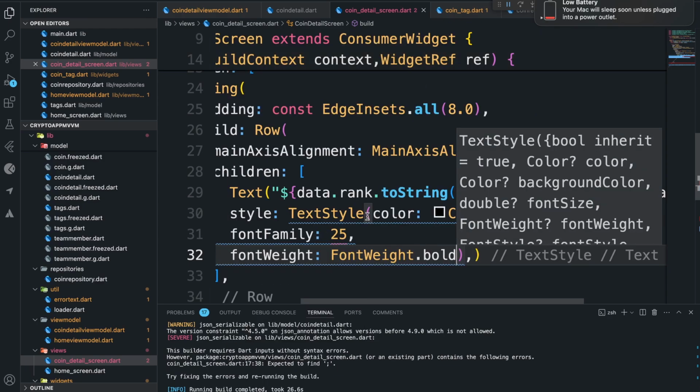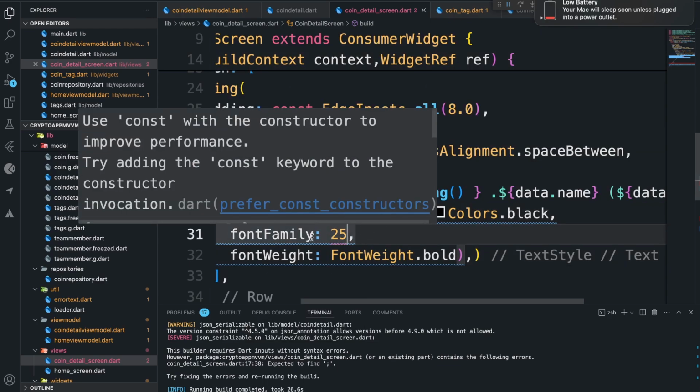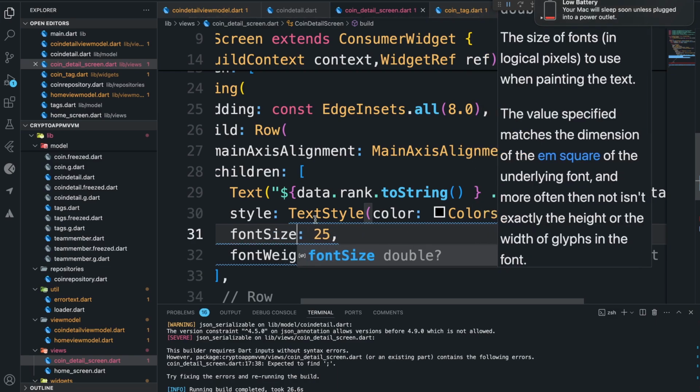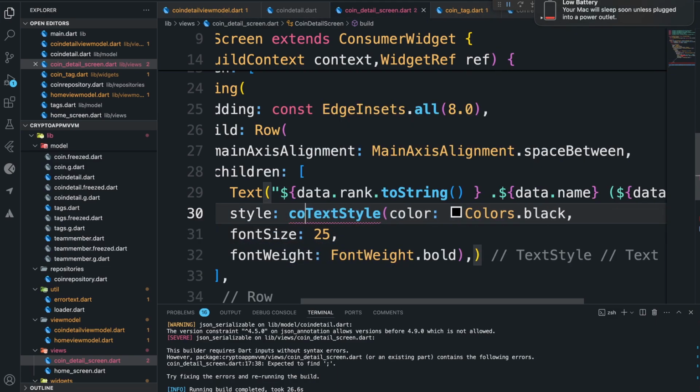Okay, so here it's supposed to be fontSize like this. Now that we are done with this,